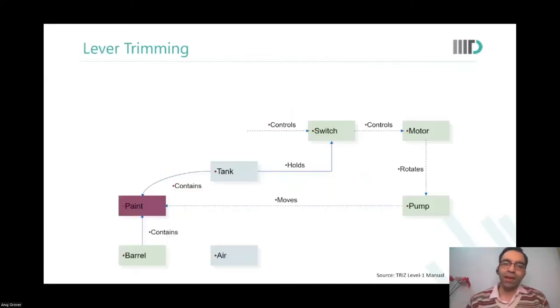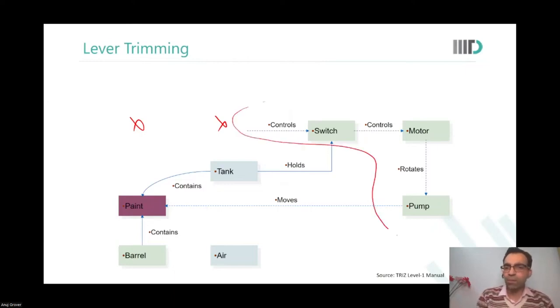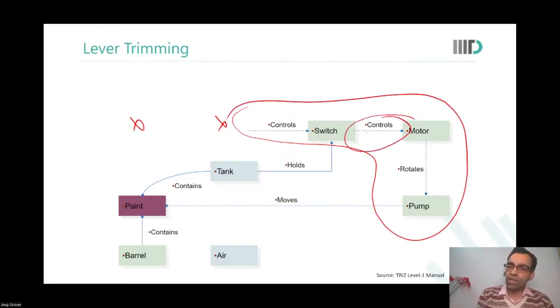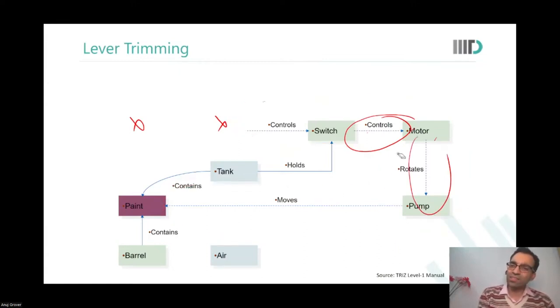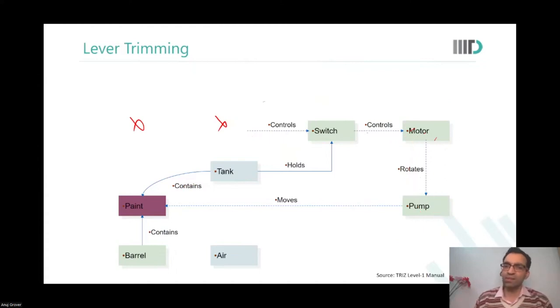So radical trimming. We were here that we have removed the float and we have removed the lever. Now we say, I want to go radically, I want to trim as much as possible. So I don't want the air to control the switch. I don't want the tank to control the switch. All these components are only performing one auxiliary function. You notice? Switch is performing only one auxiliary function. Motor is performing only one auxiliary function. Pump is performing only one auxiliary function. So these are very low functionality components. There is cost associated with each of them. If I can remove all of them,